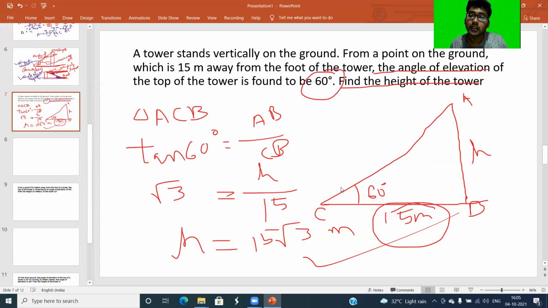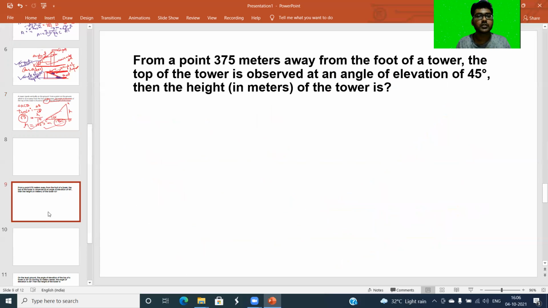Okay, angle of elevation 60 degree, tan 60 degree is equal to AB by CB. Then tan 60 degree value is root 3, and AB by CB, AB is equal to H, and CB is equal to 15. Okay, next question. वीडियो को पॉज करने के बाद ट्राई करना। ठीक है, कैसे करना है, ट्राई करना, फिर वीडियो देखना।